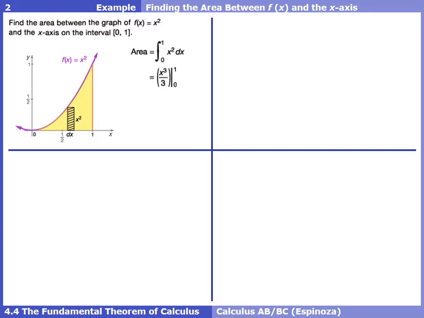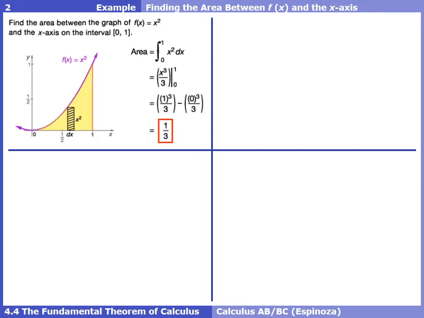So we're going to take the upper bound, plug it in, take the lower bound, plug it in, and subtract those two values. That's what the fundamental theorem of calculus tells us to do in terms of evaluating these definite integrals. Of course, that second term will just give us a 0, so it turns out the area from 0